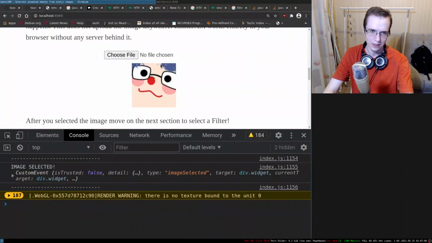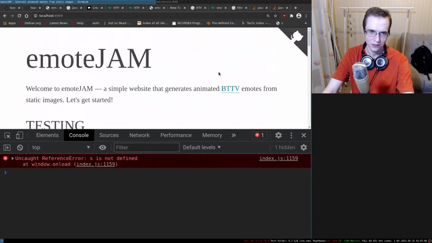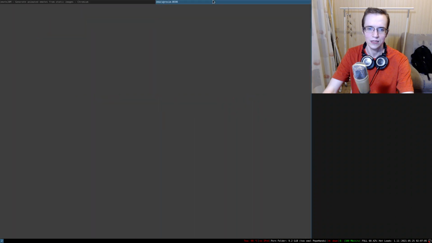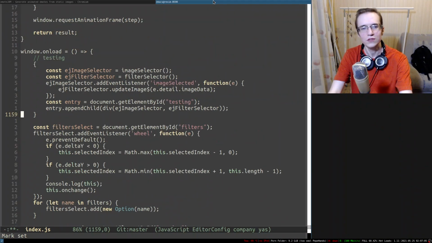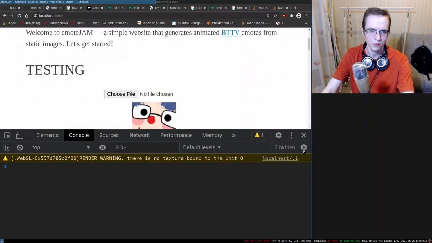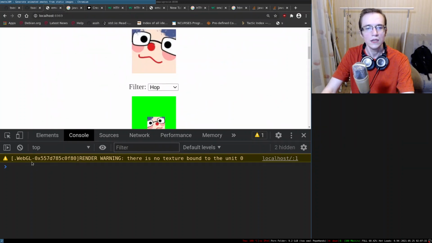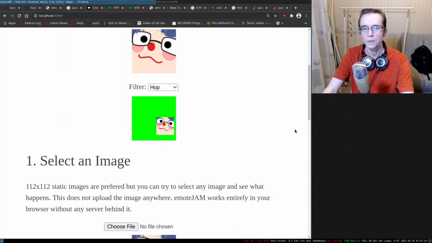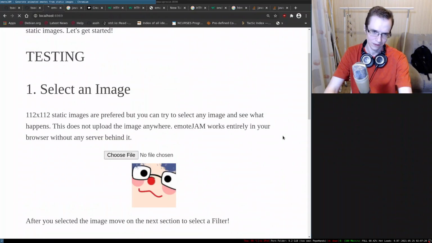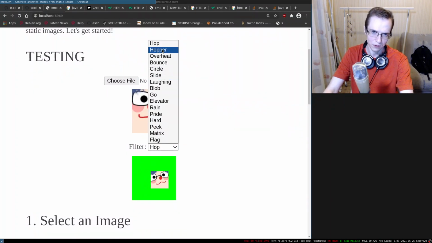Anyway, if I try to refresh this entire thing, is it working? It is not working. Okay, it was trying to do something strange. This is because I forgot to save everything. Okay, there's no texture bound. All right, so if I update,